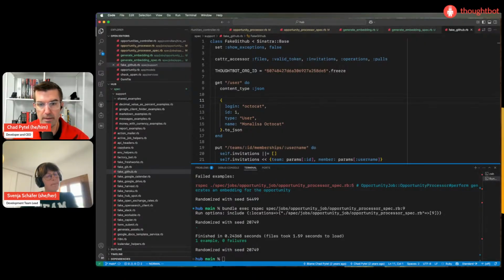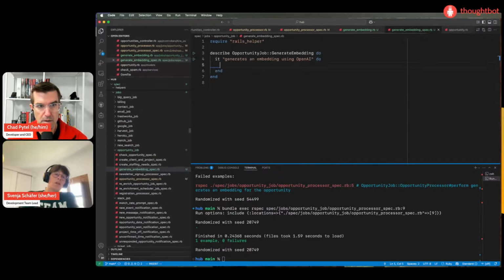And you can mount that Sinatra app and use webmock to say when a request is made to this URL, talk to our Sinatra app instead. Right now, we don't have that with OpenAI at all. It might be nice to introduce an OpenAI fake. Yeah. I would suggest first we start with stubbing. Yeah.